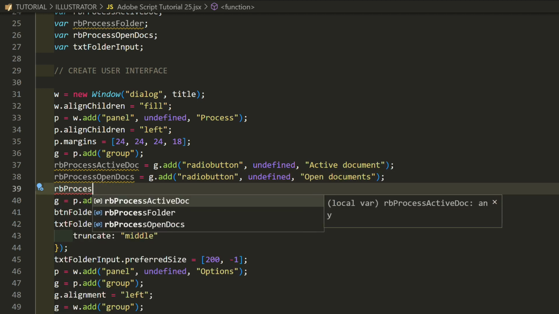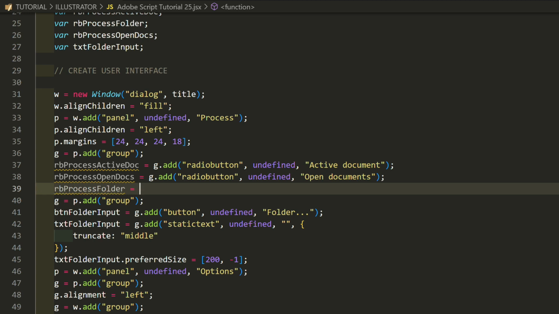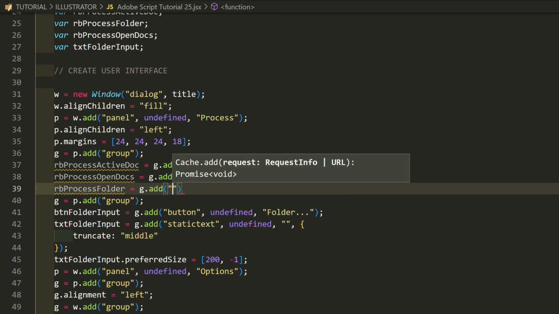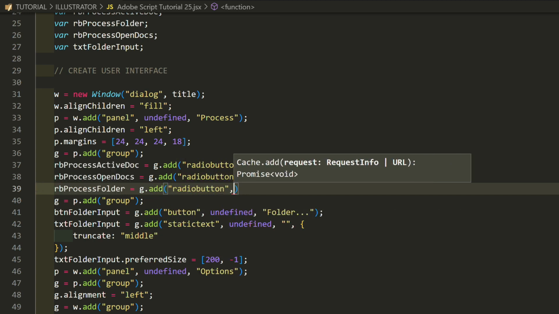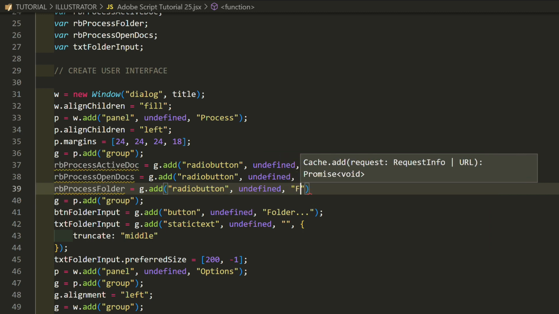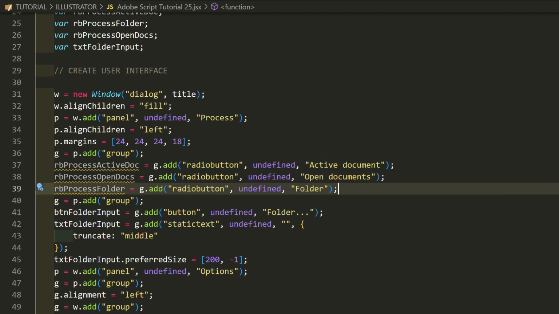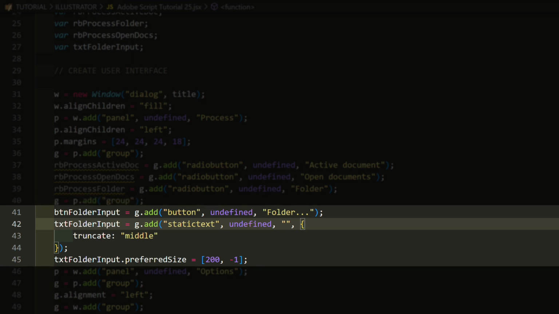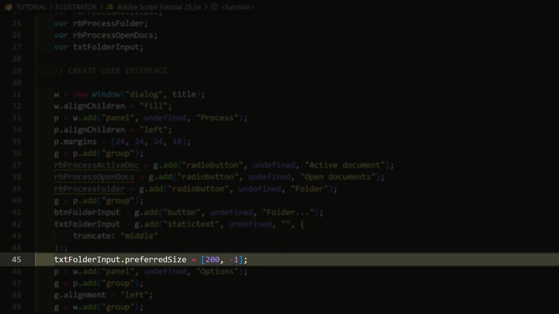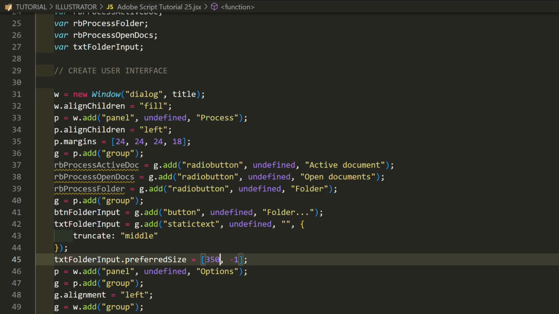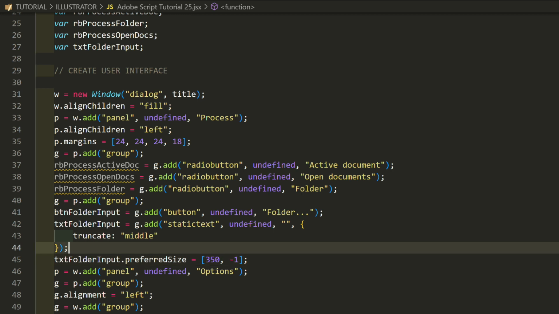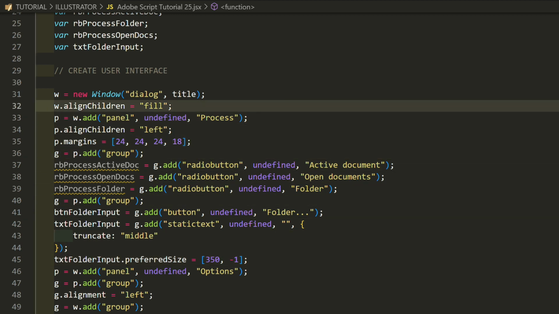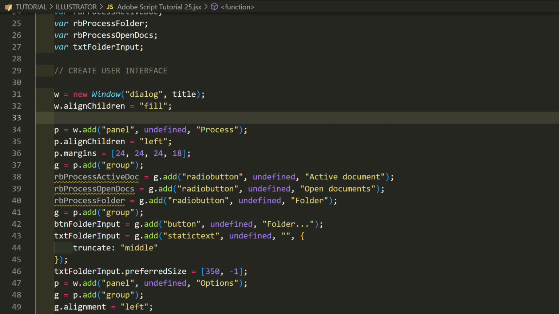RB process folder equals G, add radio button undefined folder. The button and text for the folder stays the same, but let's make the text for the path a little wider. 350. Before I go further, let's break this up a little with comments. Then it's easier to follow, and it helps find things later.